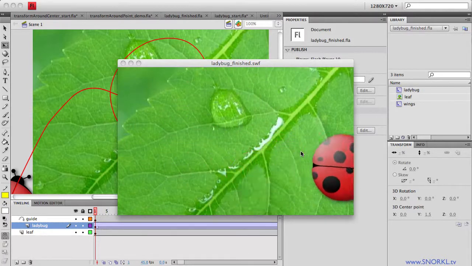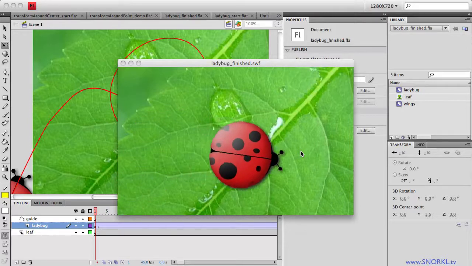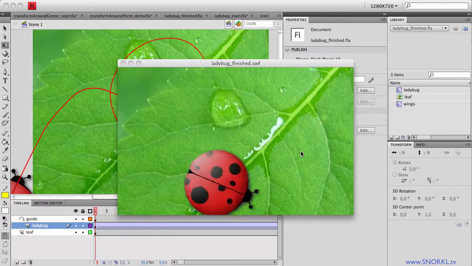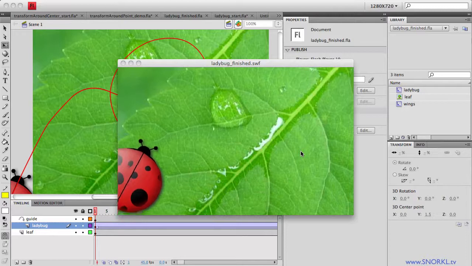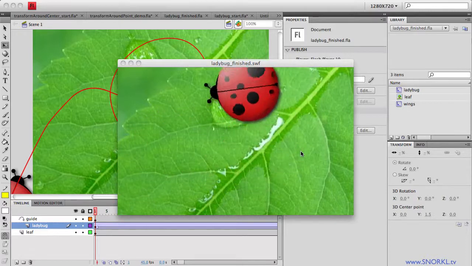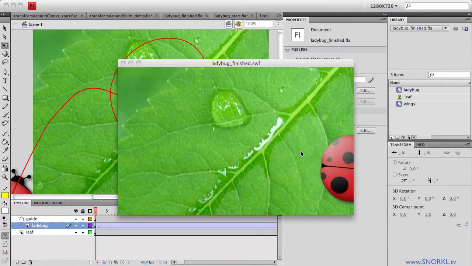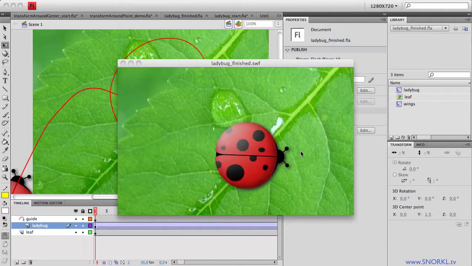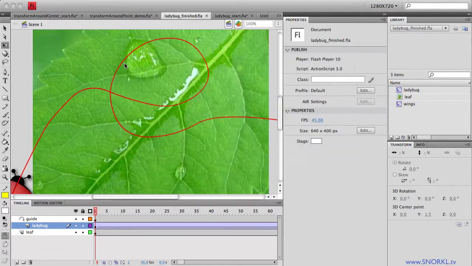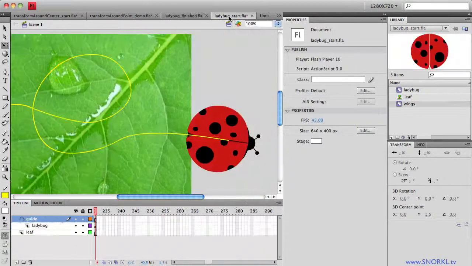So I'm just going to very quickly explain to you how we can use the gradient glow filter and the drop shadow filter with some very specific settings to get a really nice subtle lighting effect and this extra edge of 3D depth. So let's close this out, and in my start file you'll notice that my ladybug is really